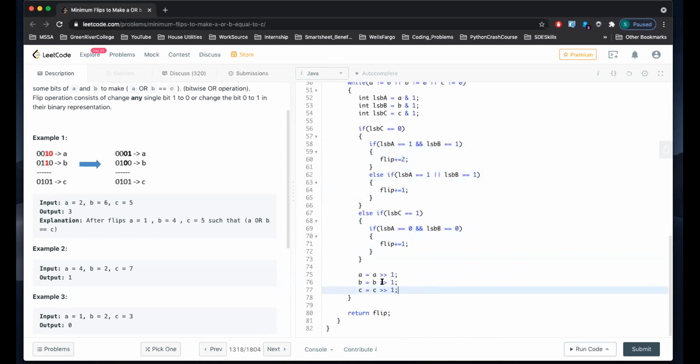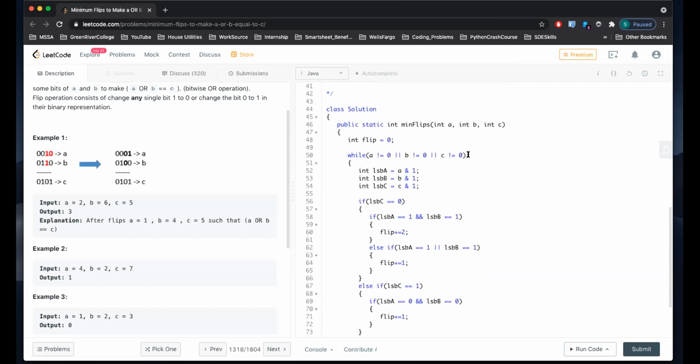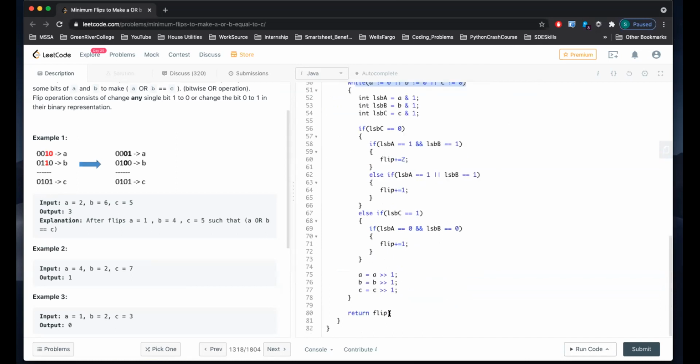So when I say bitwise shift, if we look at this binary number 0010, if I do right shift by 1, this 0 cuts off on the right and it goes to the left. So it'll be 0001. Also, every bit shift to the right by 1 divides the number by 2, so eventually it's going to be 0, right? And that's when the loop stops, when all of them will be 0. At that point, all we need to do is return the flip, and time and space will be O of 1, because int is 32-bit, and that concludes the solution.